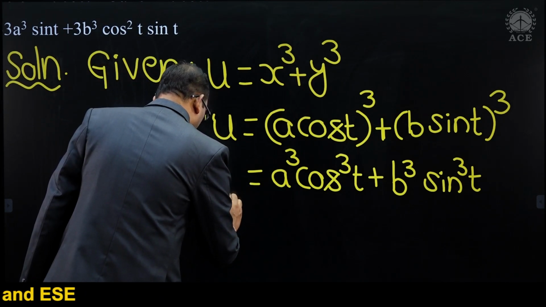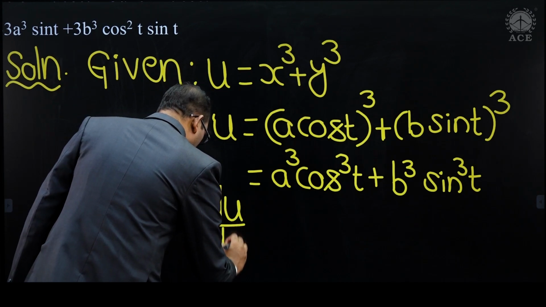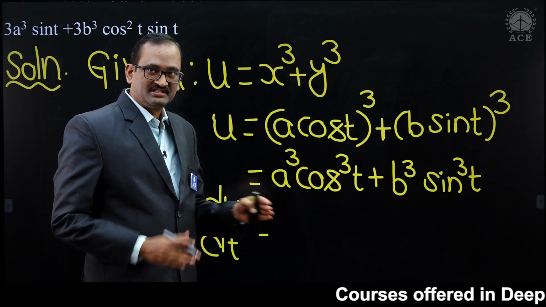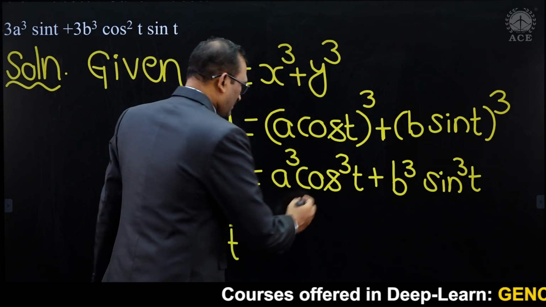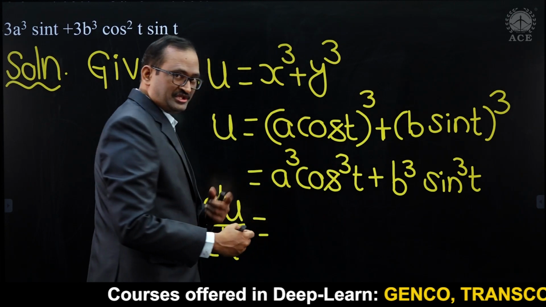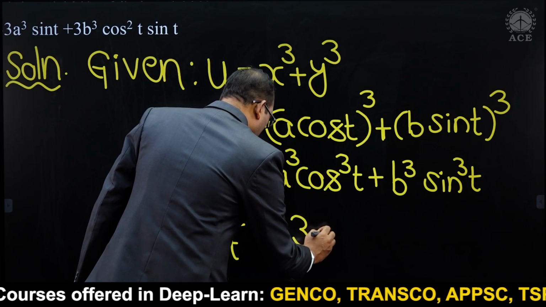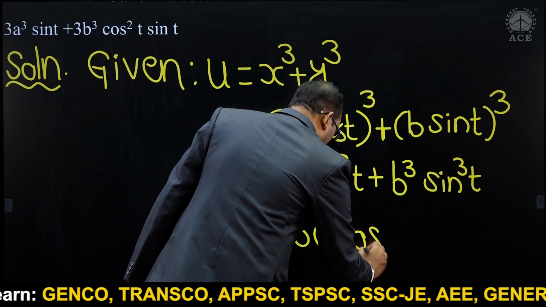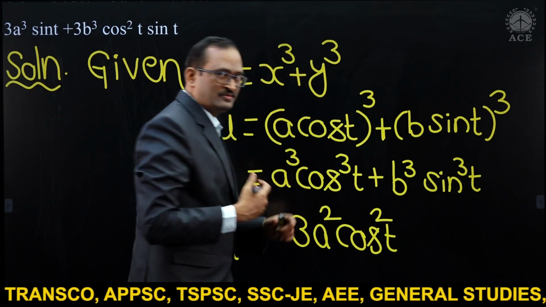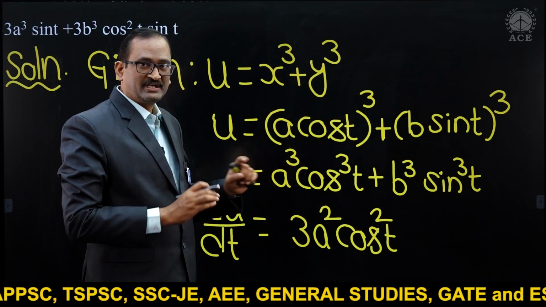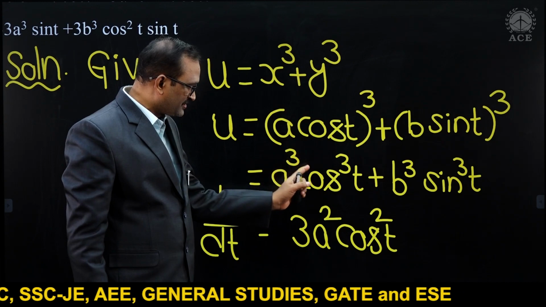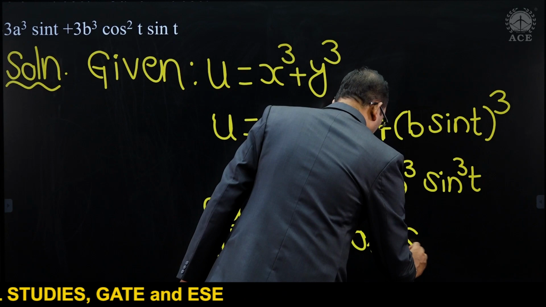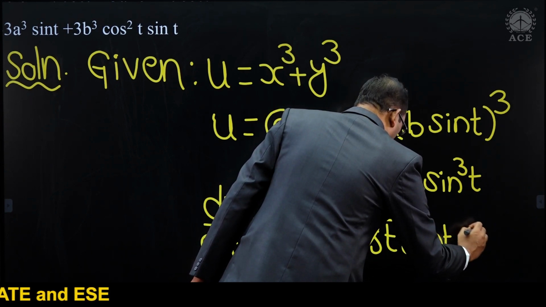This is comfortable as well as convenient, I think, for you. Treat it as t. It is not t, just assume it as t, t cube. T cube derivative 3t square. 3 into t square means cos t whole square, that is cos square t. What we assumed as t? Cos t. But it is not actually t. That's why differentiate cos t again with respect to t. That is minus sin t. Minus symbol was kept out, plus.